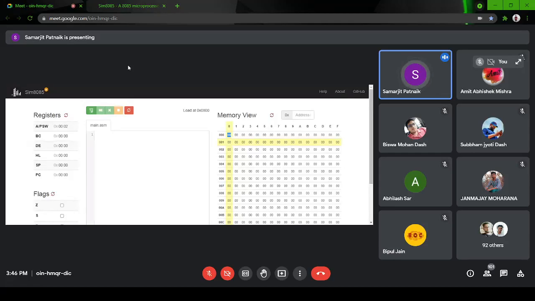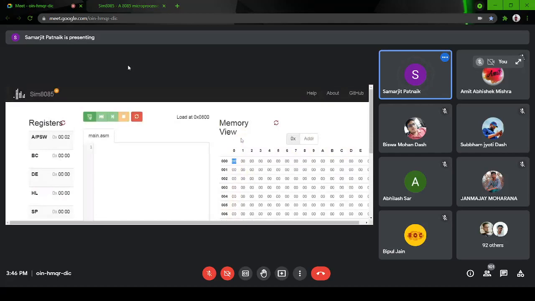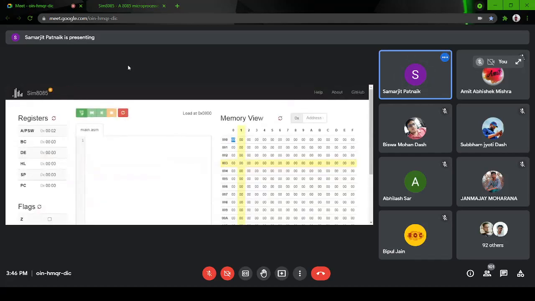So you can open this link actually. I'm just zooming it. Each memory location's address is 16-bit, however the data it can hold is only 8-bit. You see 00. At the beginning, everything is storing 00. The same here.